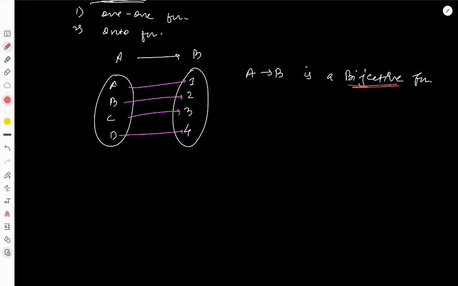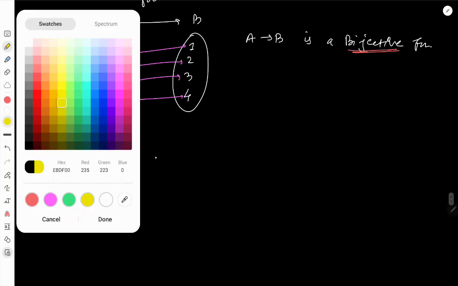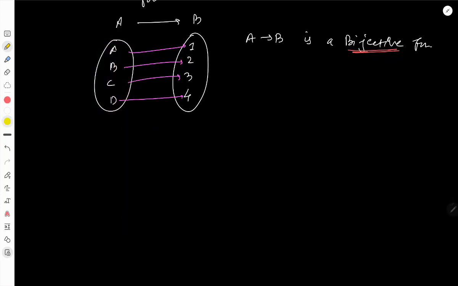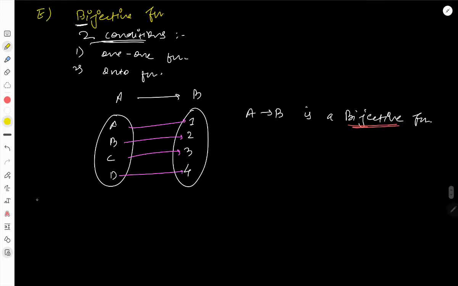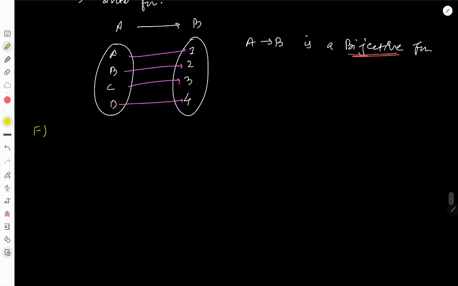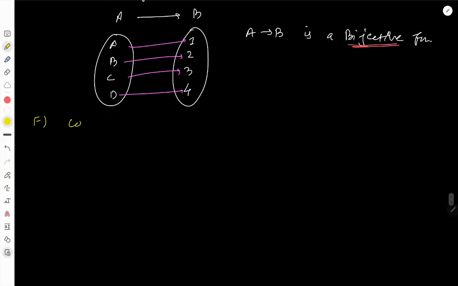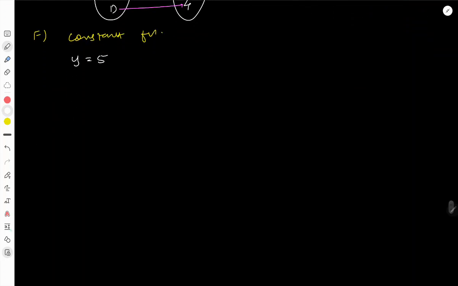Now that we have understood these major types of functions, let us discuss some other types of functions that are also in use but not asked that much. So the fifth one is a constant function, which can be denoted graphically as y equal to k. So at any value of x, y would be k,